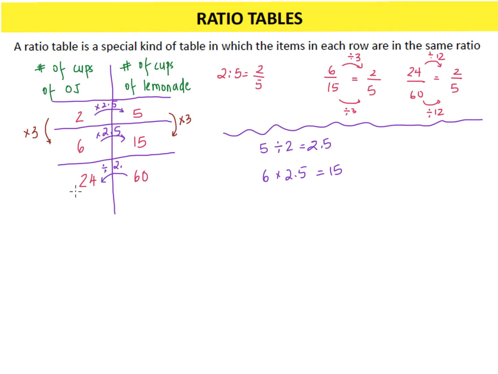You can go from 24 to 6. Say, if I want to go from 24 to 6, I have to divide by 4. And whatever I do on this side, I do on the other side. So I can go from 60 to 15 by dividing by 4. So that's our third big idea of going from one row to another by multiplying or dividing by the same number on both sides. Now, the fourth big idea is related to unit rates.